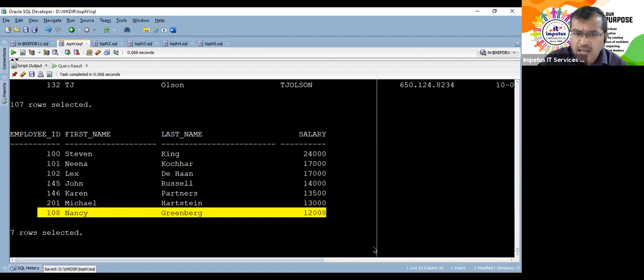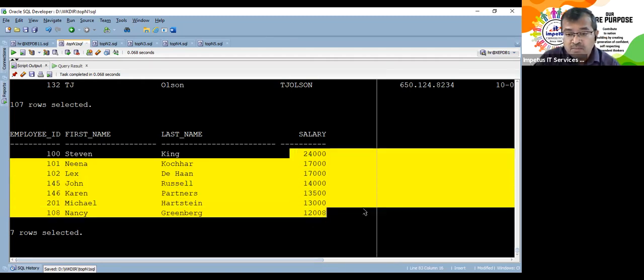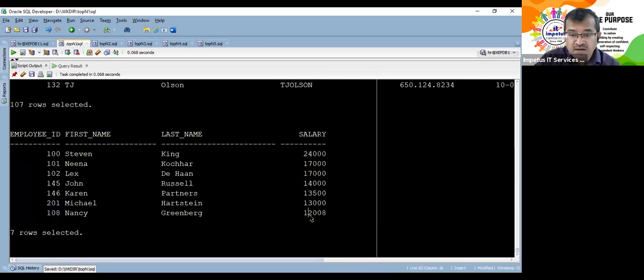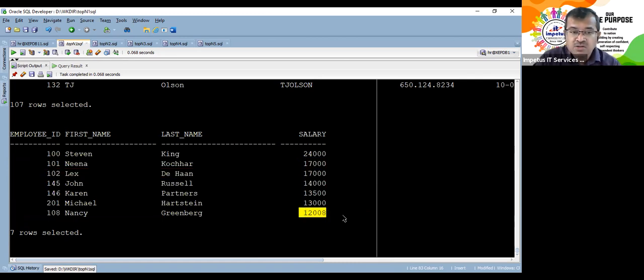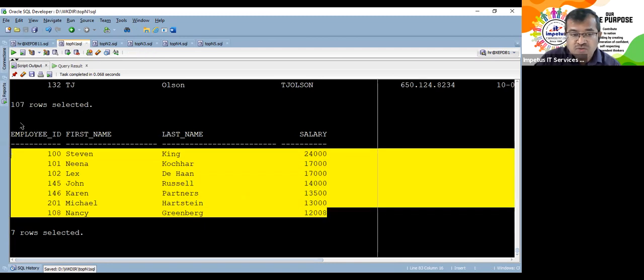So that was not very correct. This is not wrong either, but I have not got all the employees who can be ranked as the top 10 earners. These two are at the same rank, and the other guy is also at the same rank. So we haven't got that, but at least as far as the number of rows goes, we have fetched it.